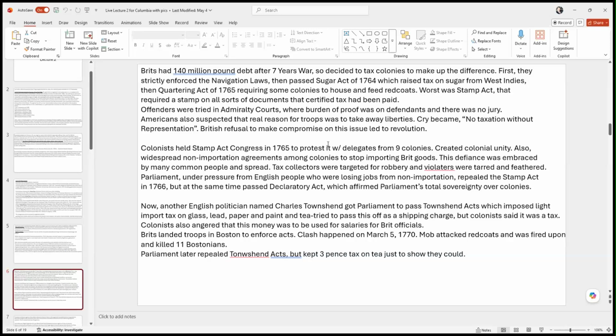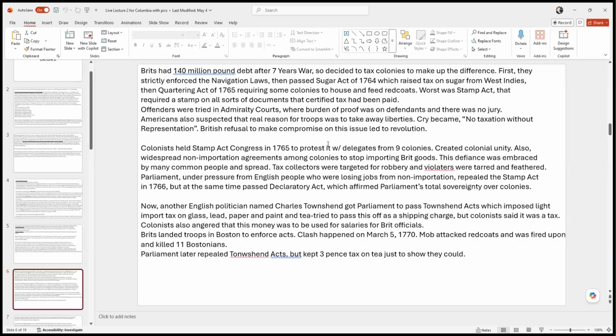So the colonies began to organize. Initially, they sent delegates from all the different colonies to a meeting to talk about the Stamp Act and ways to try to deal with it. One of the things they decided to do was to begin a boycott of imported things from Britain. They wouldn't buy stuff from Britain anymore. This got to be very popular. Lots of people refused to do business with any British companies.